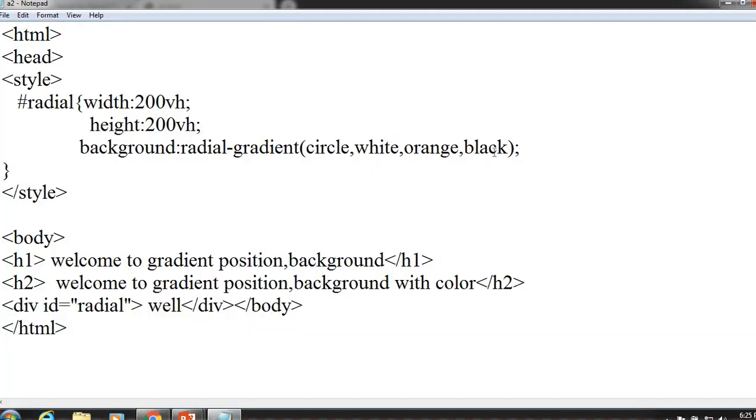At the center there is the white color, after this we can have the orange, and lastly we get the black color. So we have a different look than the normal background. So this is the look we can have.